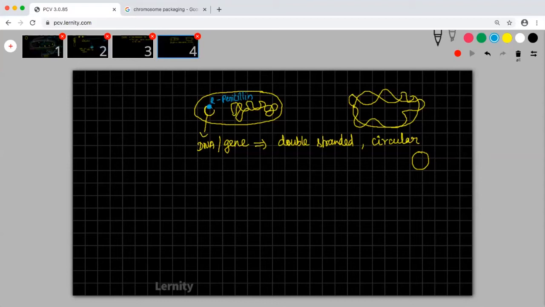Okay, so what is the meaning of this? This R is standing for resistance. Resistance gene. So what is this going to do? This resistance gene will give this bacteria the resistance to survive in penicillin. Penicillin is an antibiotic. That is what I told you, plasmids will have a definite shape. It will have a circular shape.